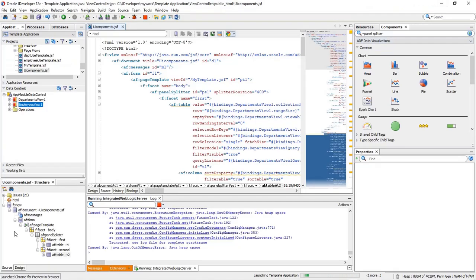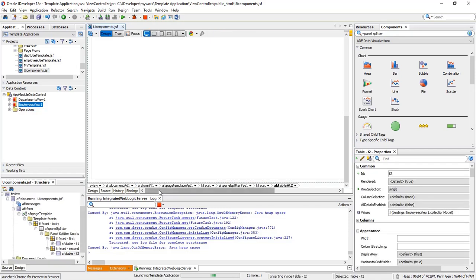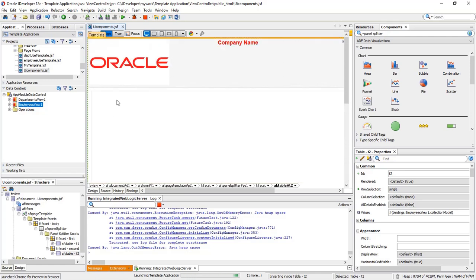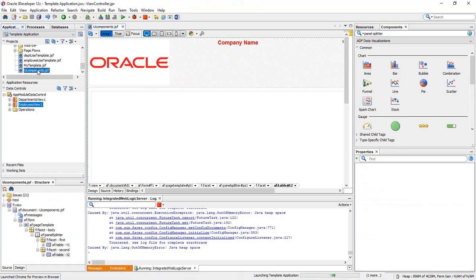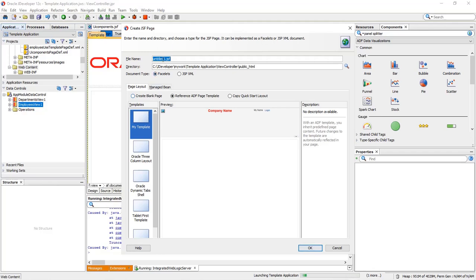Let's see whether we design... Otherwise, UI components.jsf, we will create one more page, UI components 1, and select the my template, reference ADF page template, click OK,